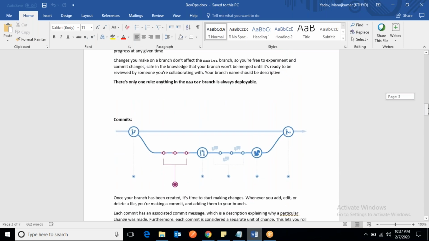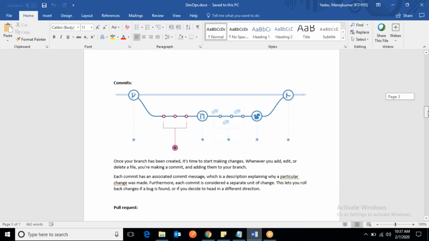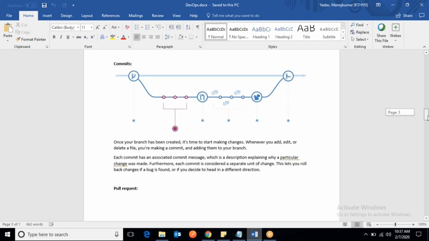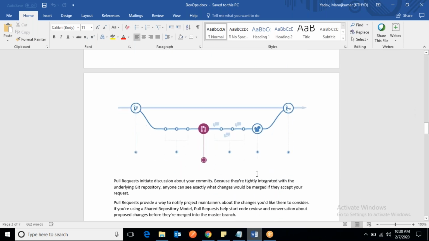I have mentioned these details if you want to look. Now you finished your code and you commit your code changes locally. You create a pull request because you want to merge this code with your dev branch, the development branch.